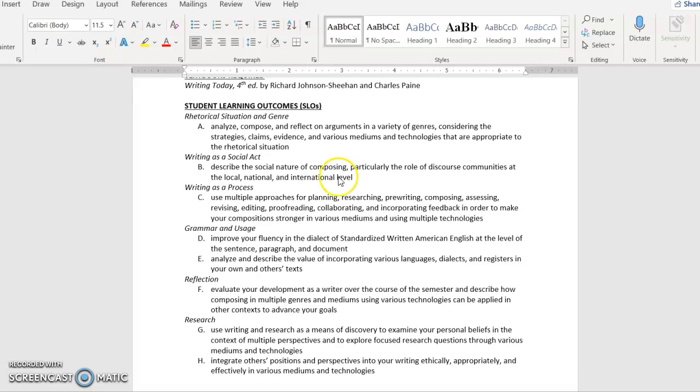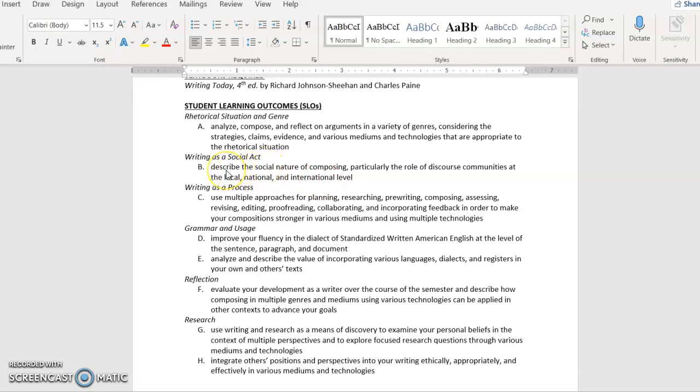So that's part of what we're talking about with writing as a social act. You have a target audience, and that target audience is usually part of some sort of discourse community. Discourse community means a community that shares a language. It shares certain types of words, and it understands certain phrases and ideas in a way that's specific to that community. Like yard sale, like space opera.